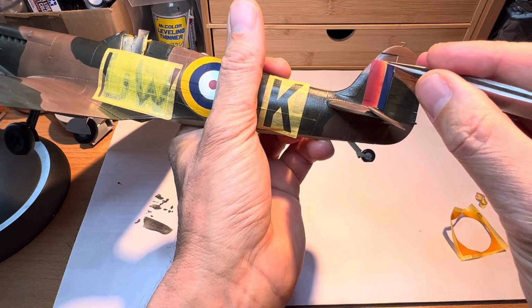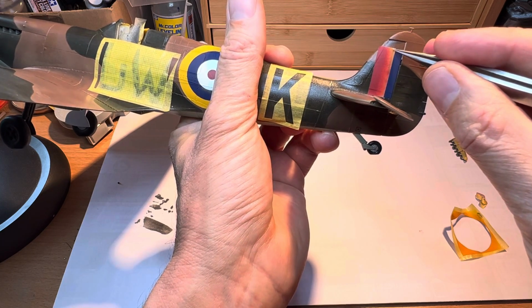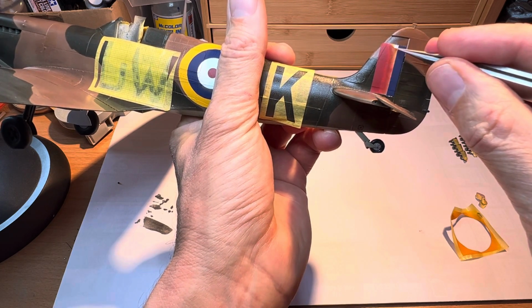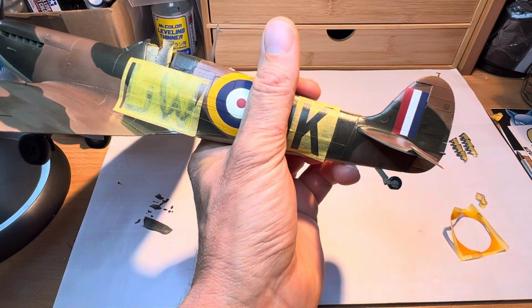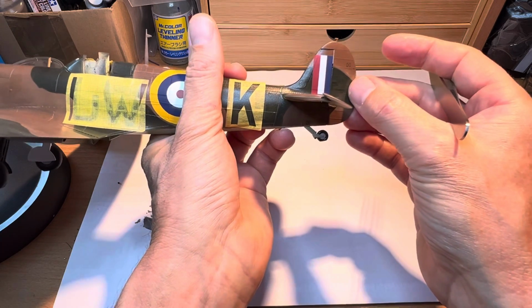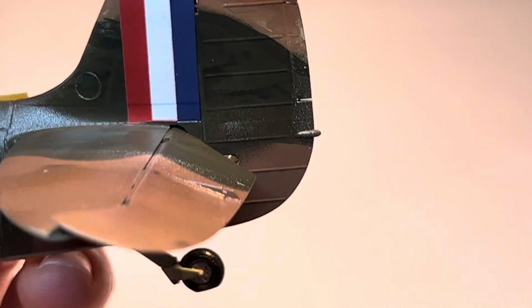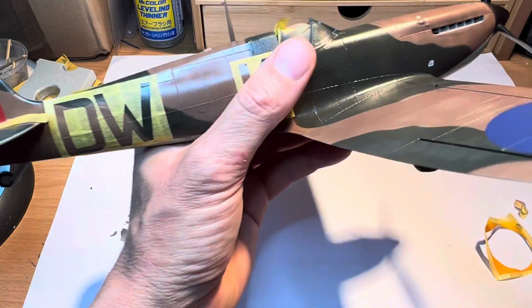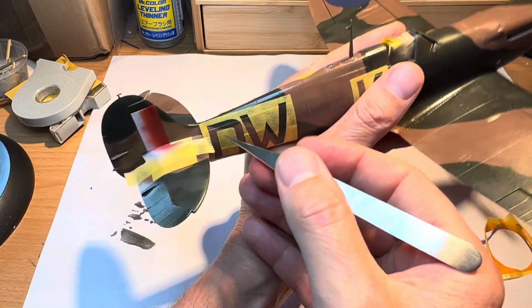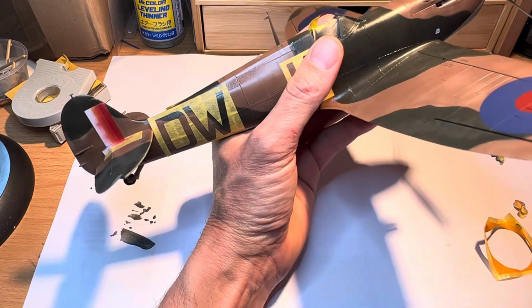So there's the blue. Oh, there you are then. There's a fin flash for you, painted on. And let's go with the other one. As you can see, we've pulled most of the tape off already, so